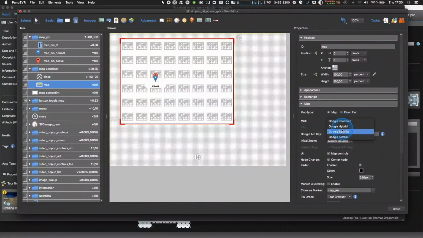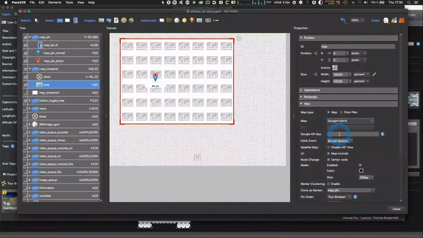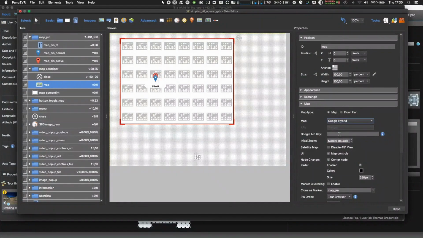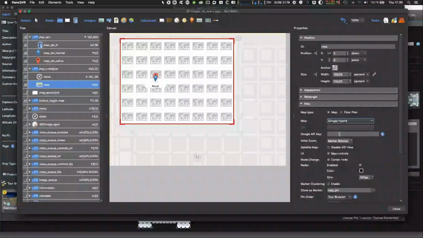These four are factory built-in Google Maps hybrid, and to make them show up, you need a Google API key. It's the same concept as you have in Panotour Pro, as Google, as if you want to have a map from Google, you need an API key and an account, and you need to